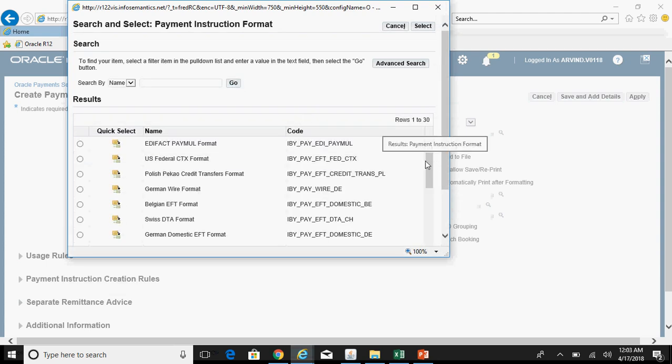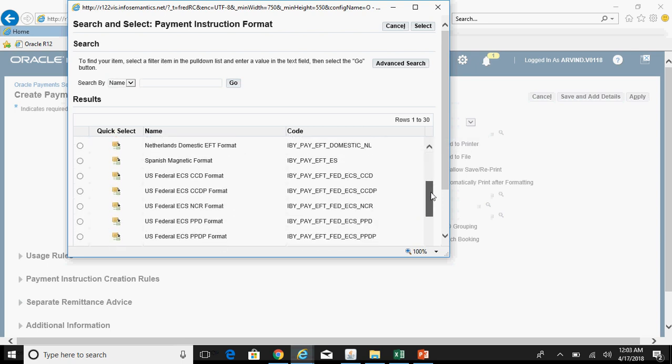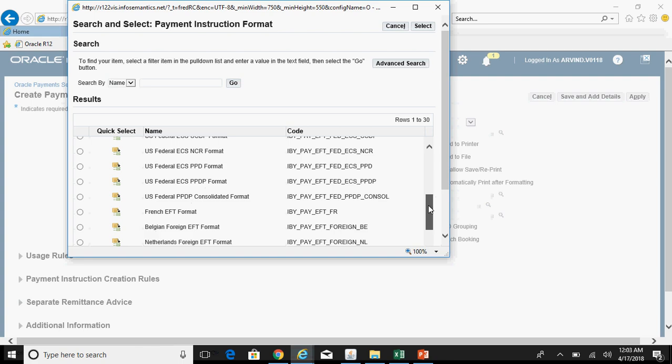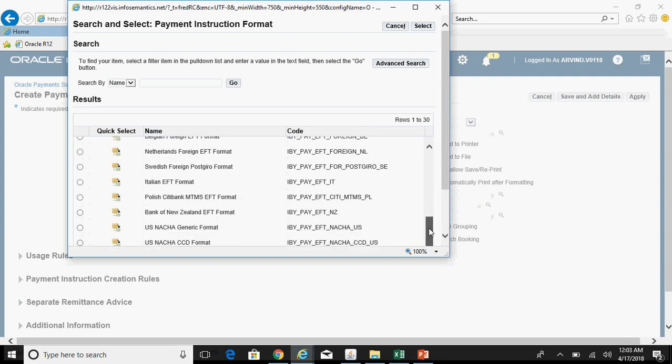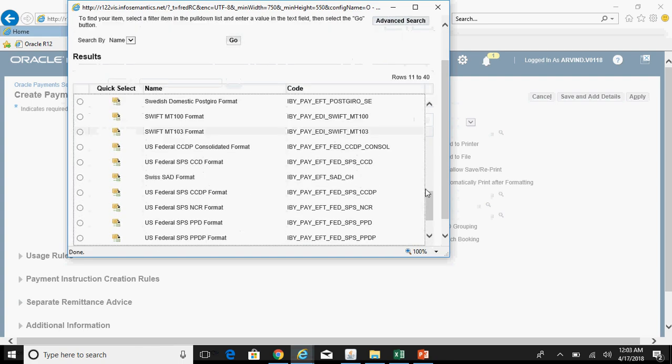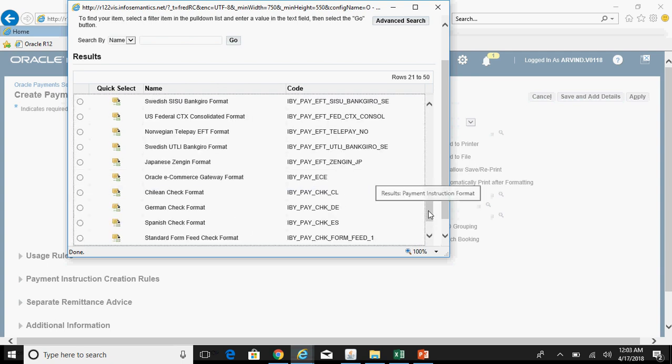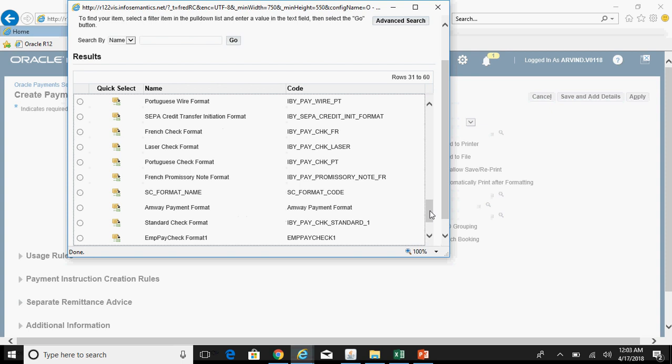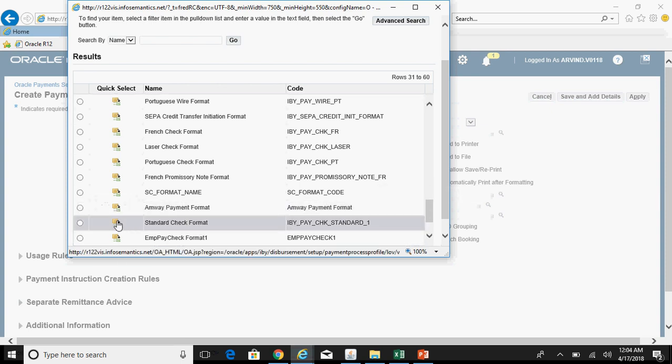The payment instruction here is the payment format. These are all the seeded payment formats. If you want to create your own payment format, you can create and register it. Once your payment format is registered, it should be available here. I just want to pick a payment format of check. I think you can go for the standard check format,